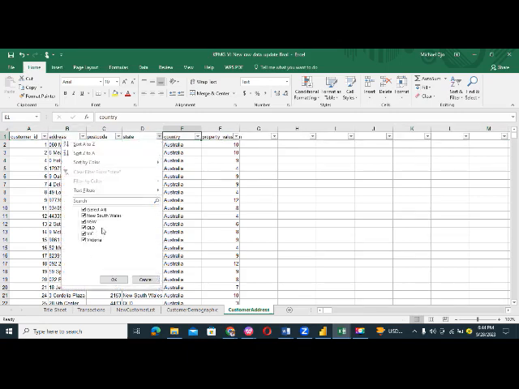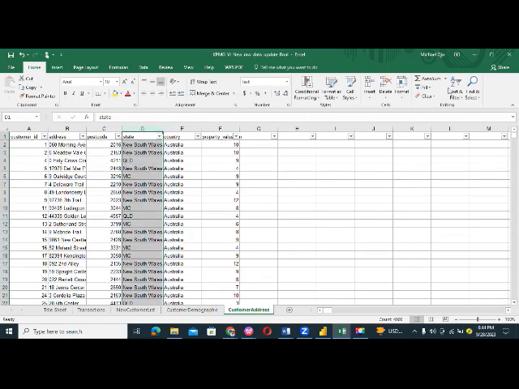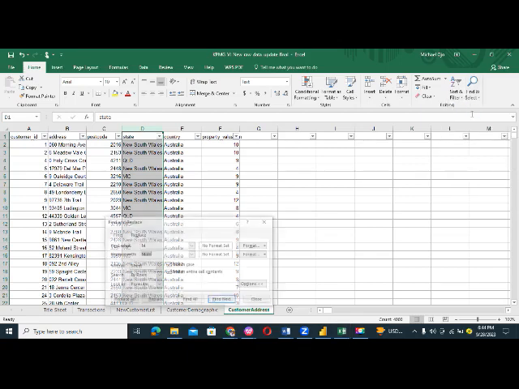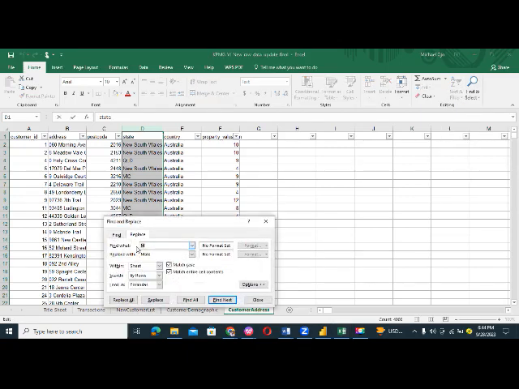some inconsistency too. We know that NSW means New South Wales, so I want to use NSW instead of New South Wales, and I want to use Vic instead of Victoria. So I'm going to select the entire column. I'm going to go to find and replace, and I'm going to replace New South Wales with NSW. Replace all,